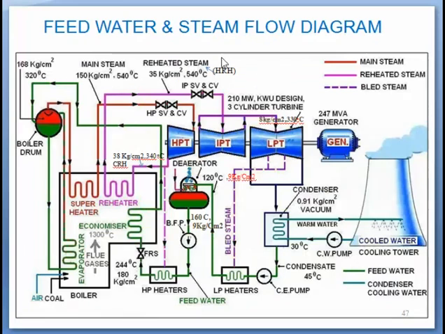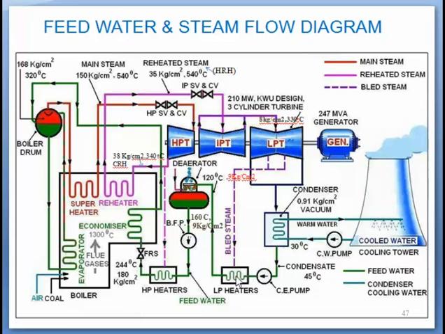To understand more clearly the flow of feed water and steam flow, we can use this line diagram. Here you can see that cooling water, which is used to condense the steam coming from the LP turbine in the condenser, comes from the cooling tower. This condensate at around 45 degrees centigrade is sucked by the CEP, condensate extraction pump. From here it goes to the LP heater,